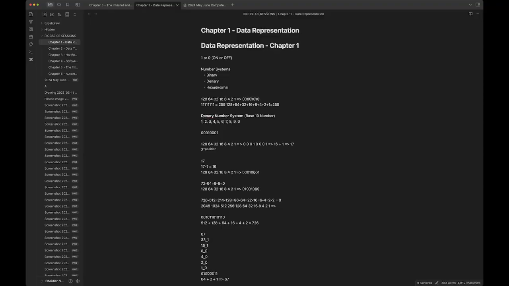Where the hell is it? Okay, I'll just pull out my notes, I guess. CAIE, O level, IGCSE, where is it? Computer science,